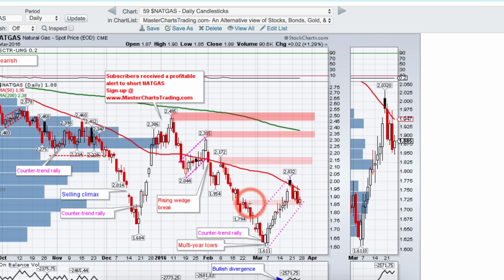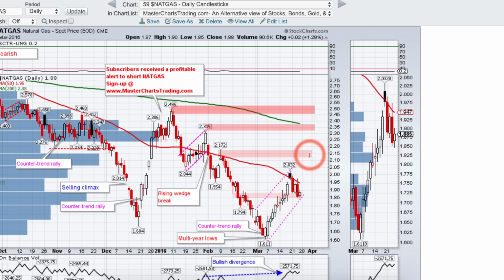This resistance right here, it kind of popped through right there. So if we do get up here, then that's a first resistance. There's more resistance here at the 200-day moving average and this peak. And then finally up here at $2.49 to $2.50. Next chart I'll show some of the longer term charts, and I think this is going to be a